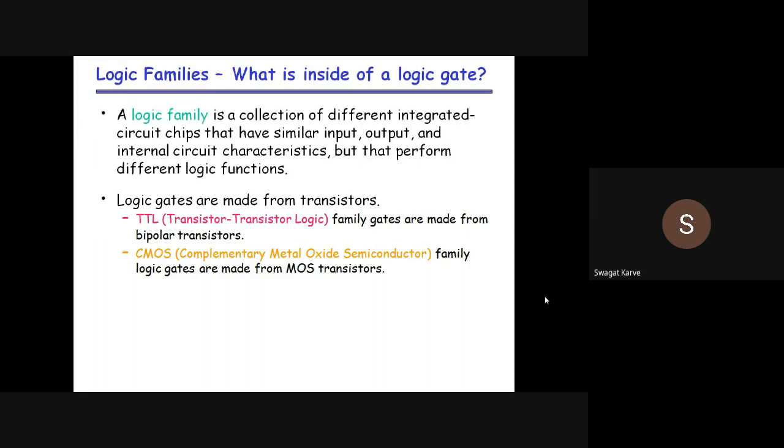Again, an AND gate is not any particular device. An AND gate can be made up of MOS transistors. The same AND gate can be designed with the help of BJT transistors also. The same AND gate can be designed with the help of CMOS transistors also, right? By making some parallel and series arrangement of the transistors, you can get an output similar to the AND gate. That means at an abstract level, for any digital device or any digital system, the BJT transistors, MOS transistors, or CMOS transistors are the basic building blocks of any digital circuit, right?